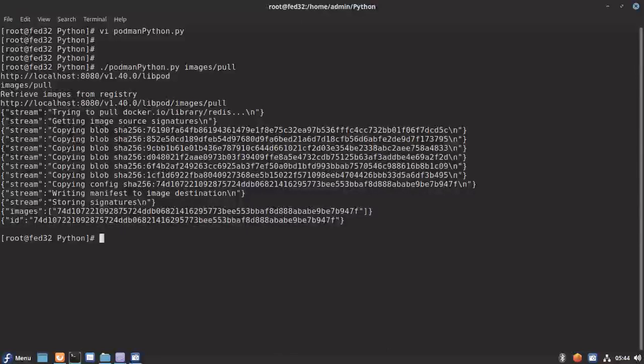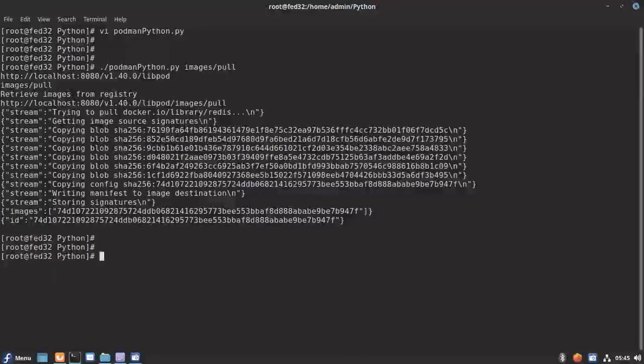Okay, so we are trying to get some information from our Podman system. But now what we are trying to do is get an image, but for that we need to post some information onto that service URL. So that is where the difference comes for this one.